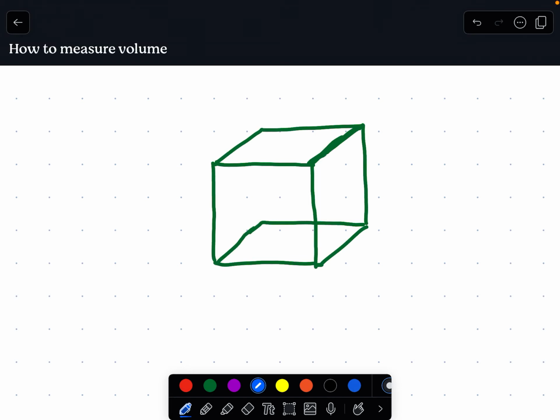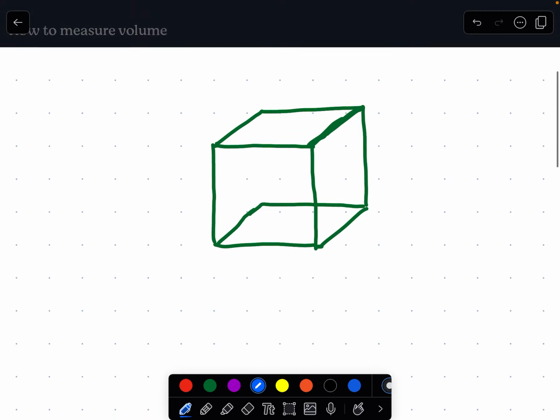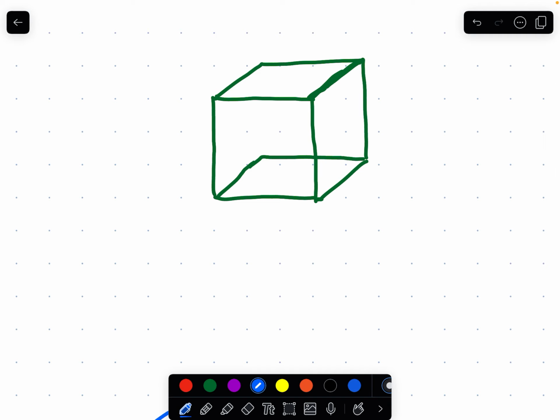Well, hello. Today we are talking about how to measure volume. This is just an introduction, so we're going to stick with cube or cube-like figures. So here we have a cuboid. This is a three-dimensional square box shape. And when we measure volume, we are working with 3D or